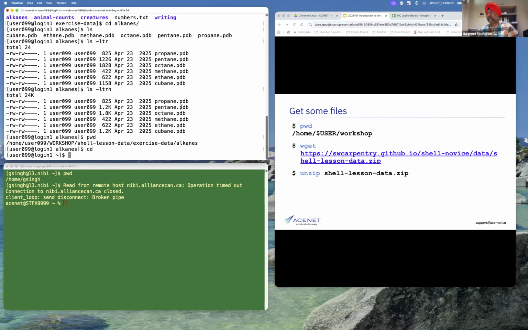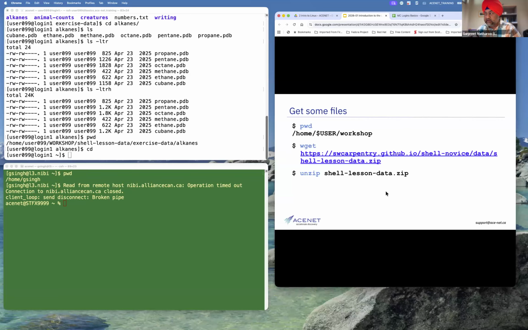The more you use them, the more accustomed you will be, and it's a very useful thing. You see, we haven't used any browser so far, and we have just used our keyboard, not even a mouse, and we are working over there, right?